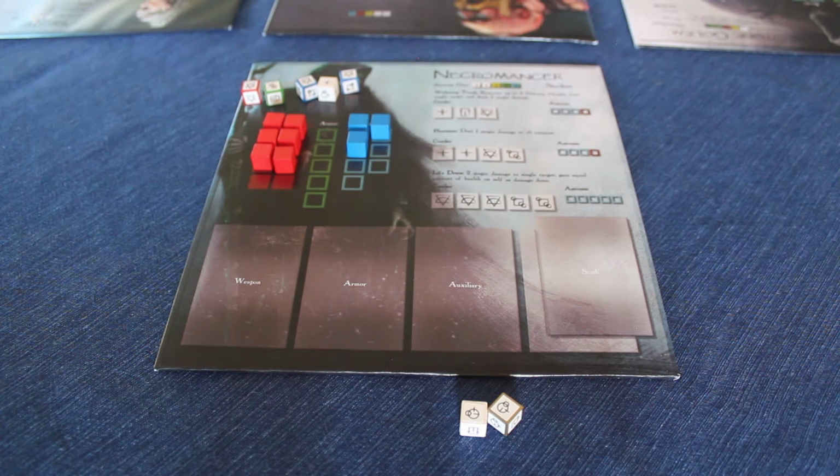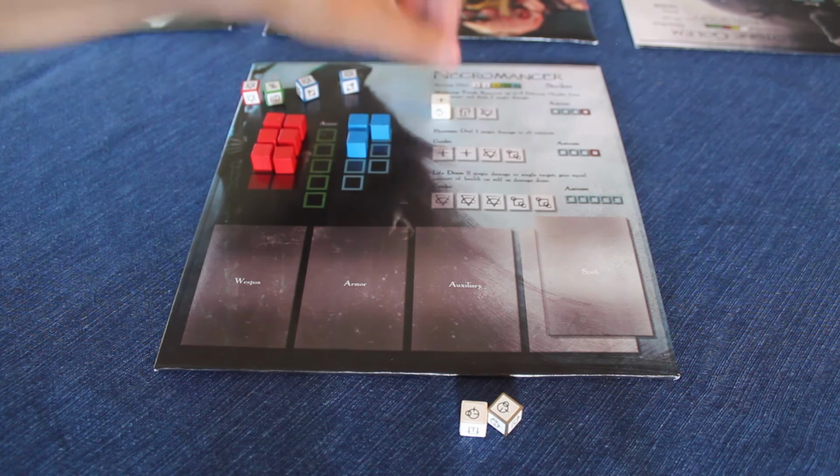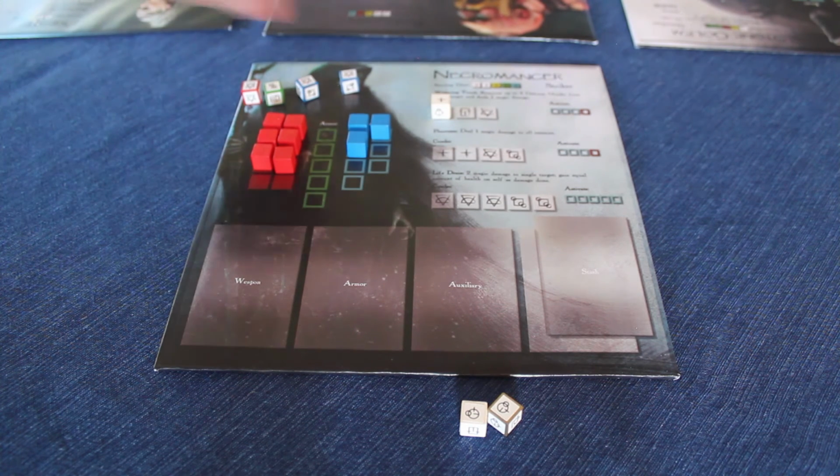Once you have completed your rolling, you will then assign the glyphs to perform various combos. In this case, I wish to perform the Withering Touch ability. I need 1 Glyph of War, 1 Glyph of Power,